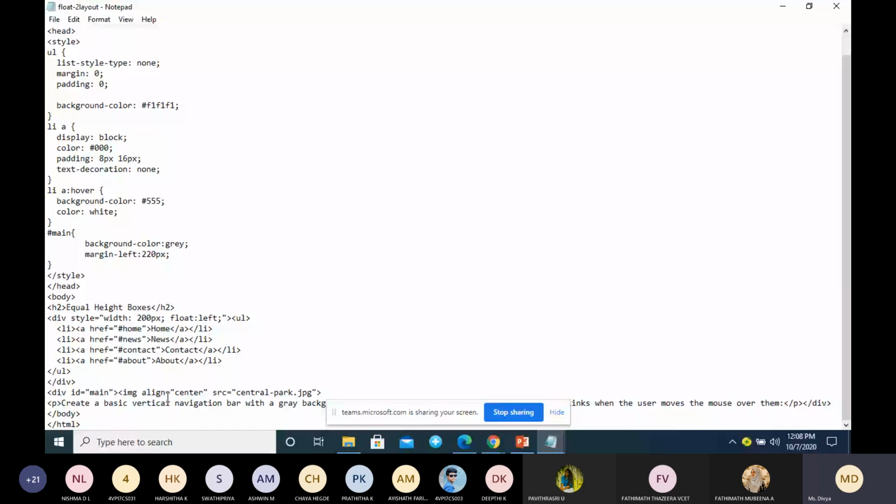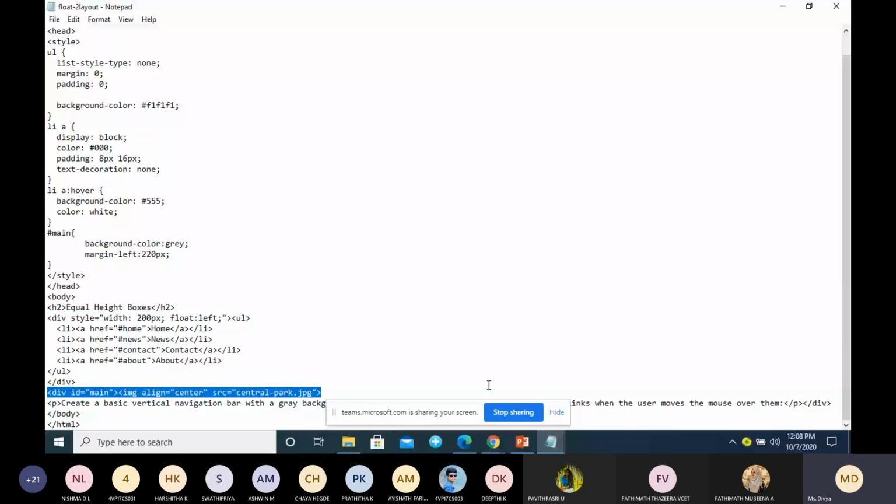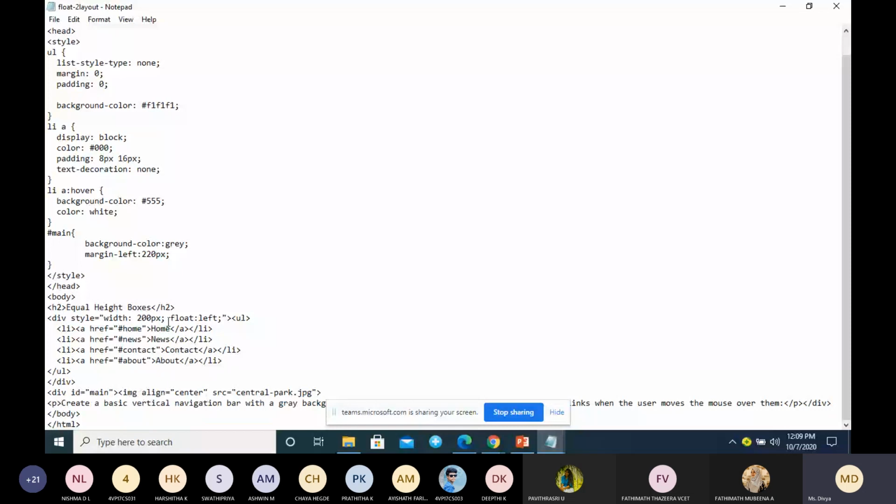So there are 2 divs: one is for the menu bar, and this one is for the content. We have used ID main, and float left is used for arranging the elements to get 2 columns.